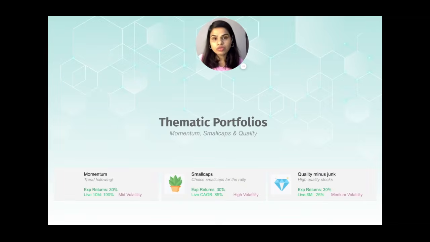And the themes that we have chosen are not random, right? They are not each and any theme. The themes that we really believe in, the themes that we think will give you the strongest performance are the ones that we offer. And because these are thematic portfolios, they tend to have a slightly higher risk, right? But they give you a much higher return for that high risk that you're taking. So I'll explain each of these portfolios briefly in this presentation.